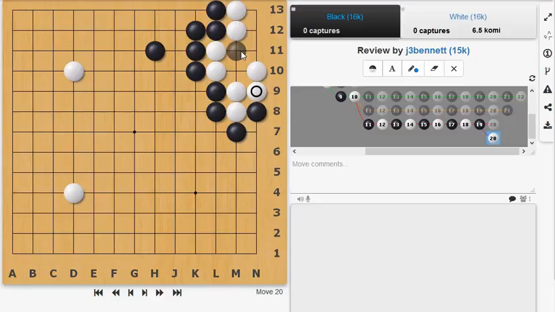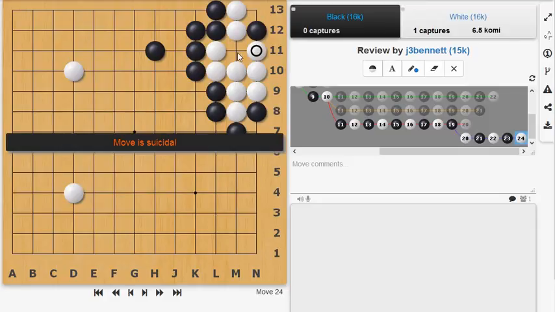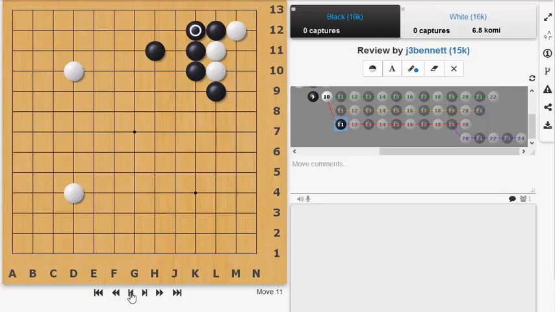It's one of those tricky situations. If he tries to cut there, you can connect. Goes after these stones, capture that, and yeah, he can't play there. You've got two eyes. So anyway, just does not seem possible to capture those two stones once you've played this